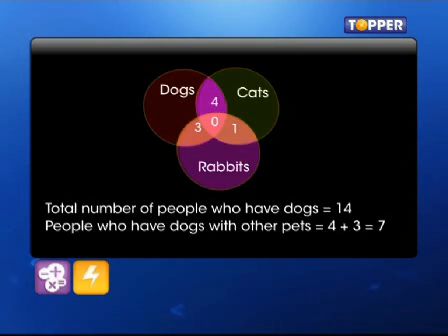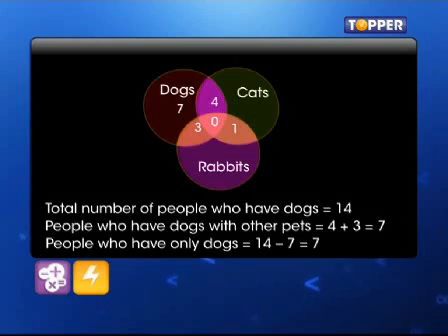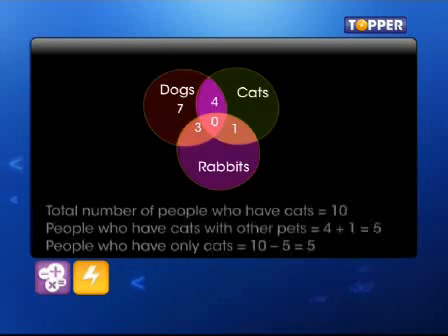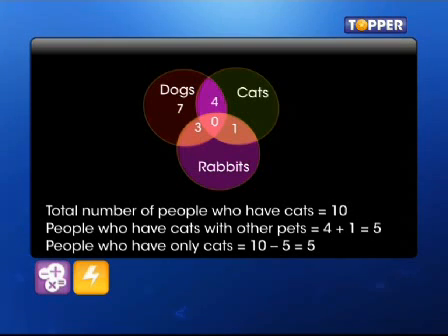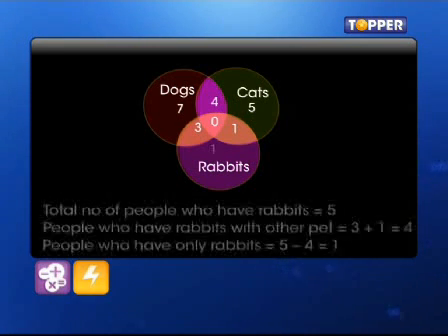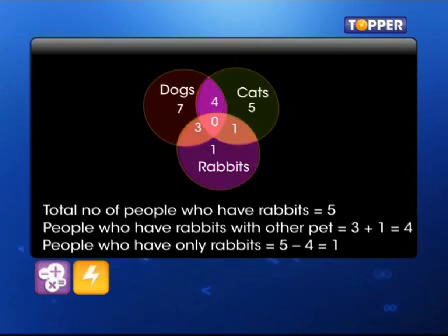So out of a sum total of 14, we've accounted for 3 plus 4, which is equal to 7 dogs with the overlap regions. Therefore, 7 must not have any other pet. Similarly, we have accounted for 5 cats out of the total 10. So we place the remaining 5 in the exclusively cats region. Likewise, only one person ends up being an exclusive rabbit pet owner. We are now in a good position to derive our conclusions.